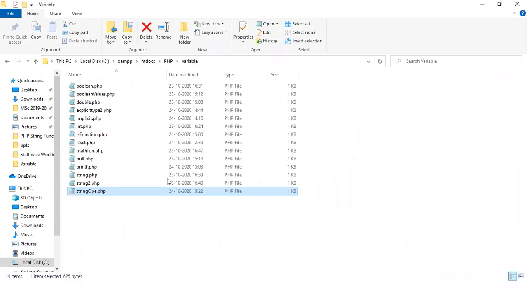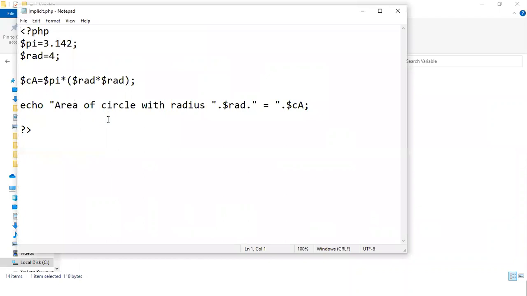Here, implicit, I have given a program name. Here is a pi and this is a radius. By seeing it, we can say this is a double value and this is an integer value.